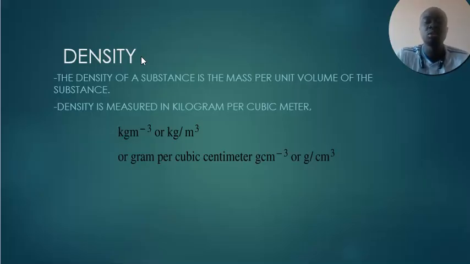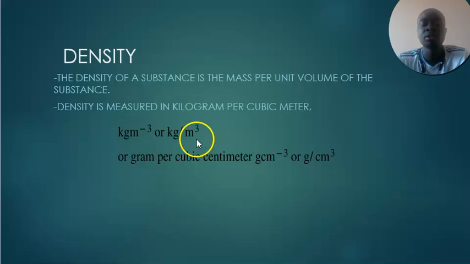So if you look at the units, the unit of density is either kilogram per meter cube or gram per centimeter cube, the same as gram per cubic centimeter. They are the same thing. So the reason why you have kilogram per meter cube over here,